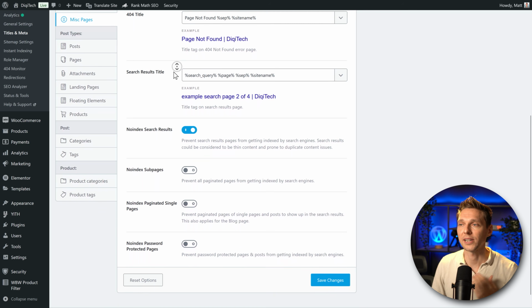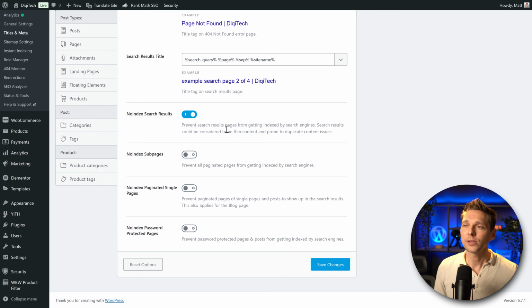Then we have the search result title, should also be great. Here we can choose to no index search results. You can put this on, you can put this off. There are reasons to index it, there are reasons to not index it. For a normal small website, just no index it, that's fine. Then we can also no index subpages, just keep this off. Also keep this one off, but this one I would suggest to enable this one because you don't want